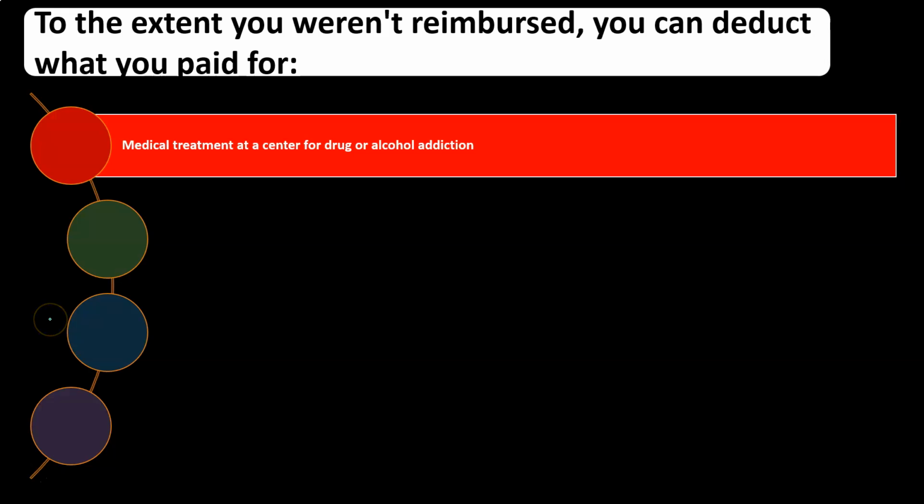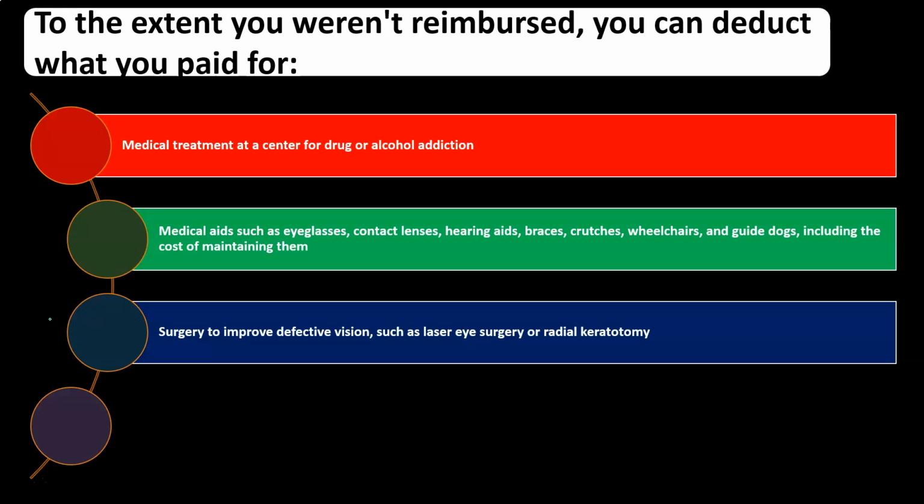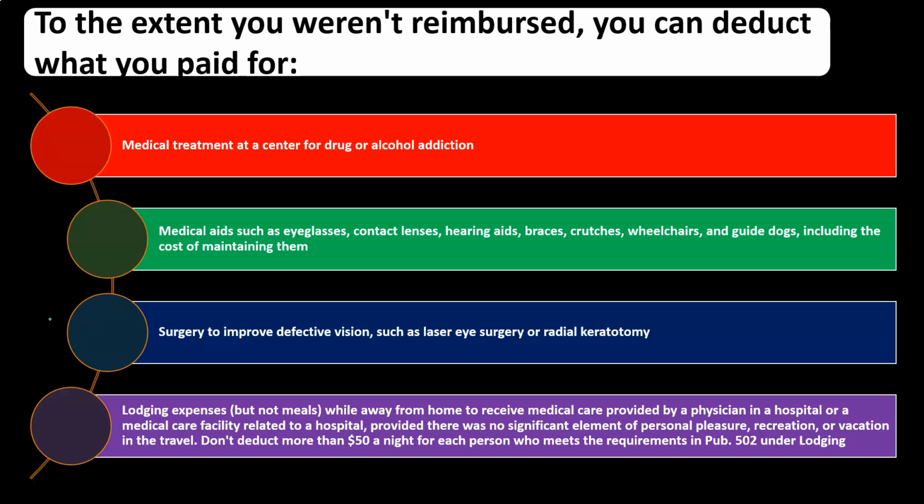To the extent you weren't reimbursed, you can deduct what you paid for medical treatment at a center for drug or alcohol addiction, medical aids such as eyeglasses, contact lenses, hearing aids, braces, crutches, wheelchairs, and guide dogs, including the cost of maintaining them, and surgery to improve defective vision, such as laser eye surgery or radial, I won't even say that word,